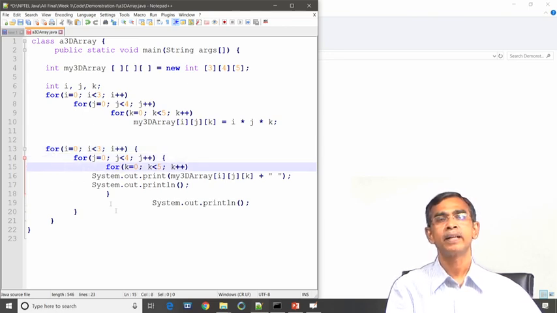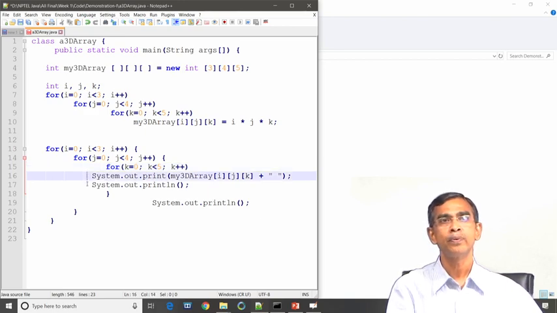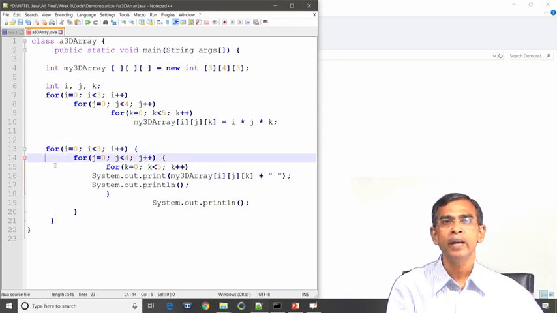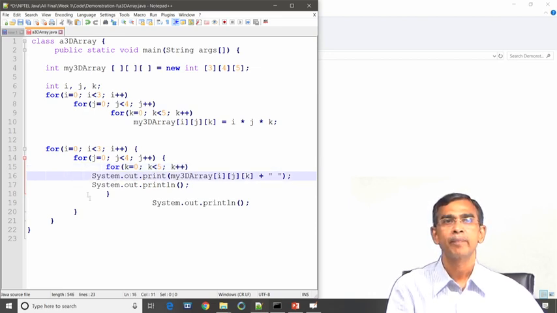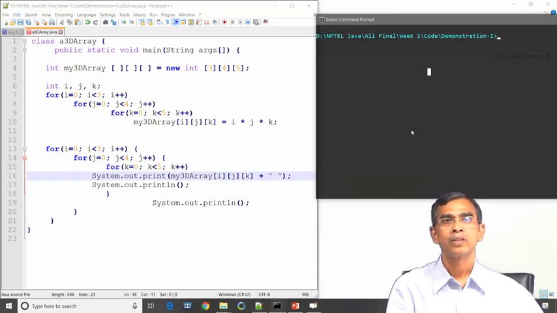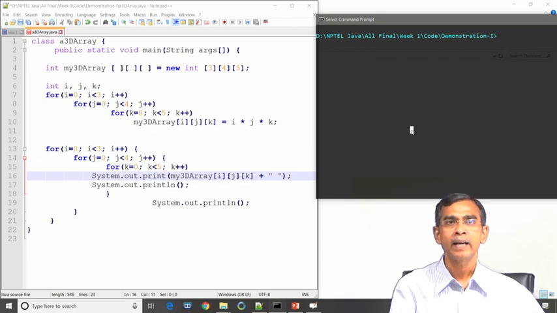The statement to print the array is again 3 loops, the same as the initialization, only we have used System.out.print of my3DArray value, and then finally, the last statement gives the cursor to the next line. So, this is the program which declares a 3D array, initializes the elements into that array, and finally prints the elements in that array.